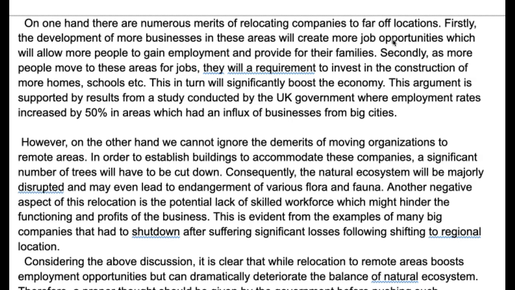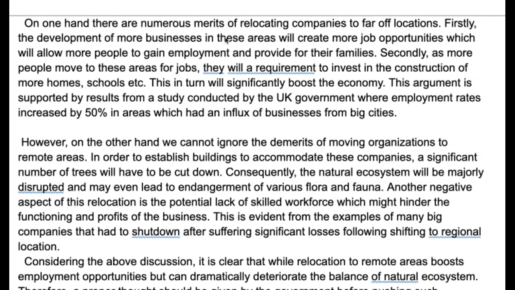Great. So we could have fashioned this into a hypothetical argument using the conditional and boosted our grammatical range and accuracy score. Firstly, if the governments were to be relocated, this would most likely create more job opportunities, which in turn would XYZ. Secondly, as more people move to these areas for jobs, there will